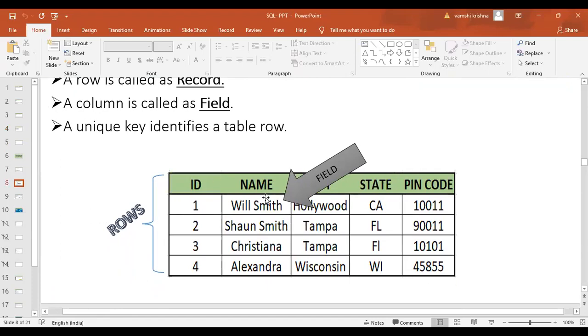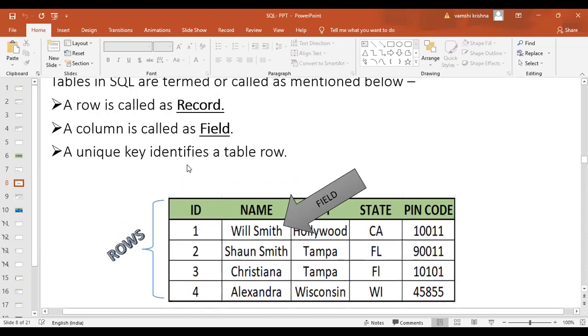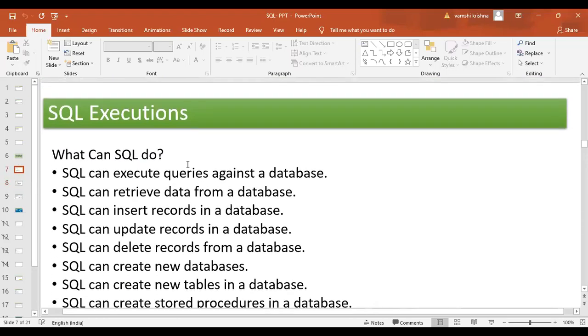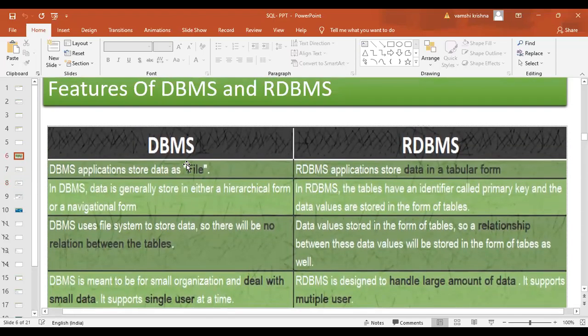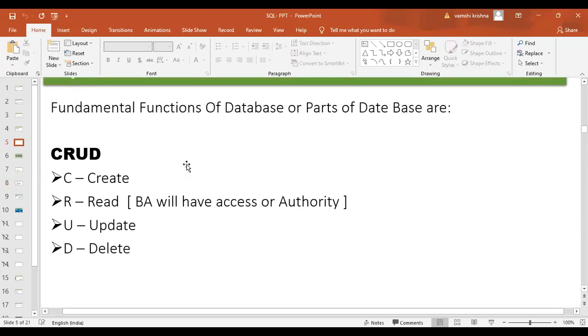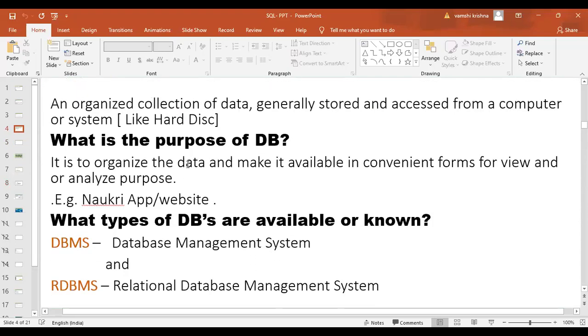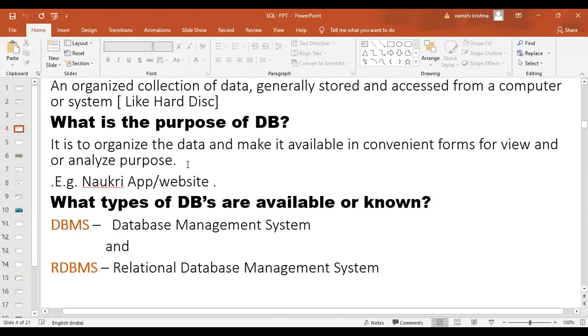This is called a table, and whatever you see here, the green ones are called entities, and whatever you see inside, which is Will Smith, Sean Smith, Christina, and Alexandra, are records. So now going back to DBMS, earlier a database administrator used to create those tables and entities, which were very independent in nature, and he used to put them in the database.